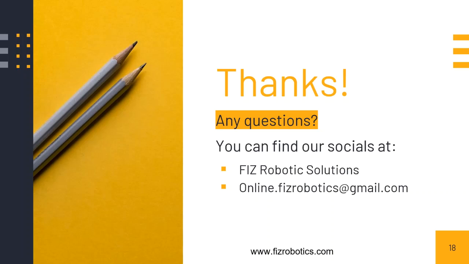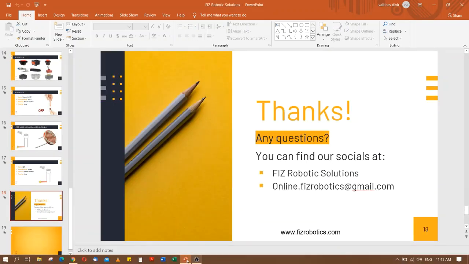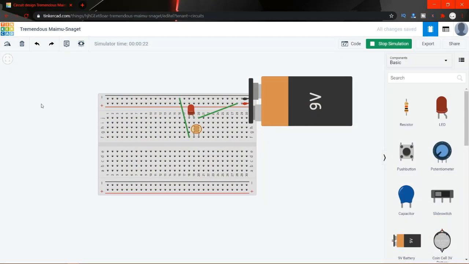So this is all for today, but before going back, I'll give you a short working demonstration of LDR. Just hang out with me. I have created a circuit for you guys in the simulating software. Here you can see there is one LED, one LDR, that is light dependent resistor, one 9 volt battery, and two wires connecting the positive and negative terminals. Now I'll start the simulation.